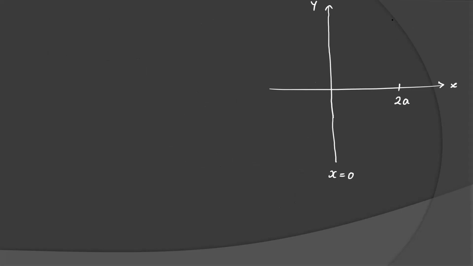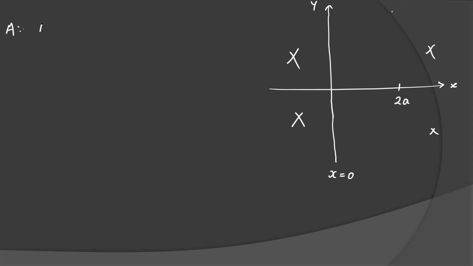So I am starting to draw the curve. X equal to 0 is this point, and x equal to 2a is this point. If a is not given, we will consider a to be positive. Between this region, 0 to 2a, we will get the curve only. Outside, there will be no curve. On this side, there will be no curve. But don't show it by a cross in your answer sheet. It is for your understanding. Don't make a cross sign in your answer sheet.